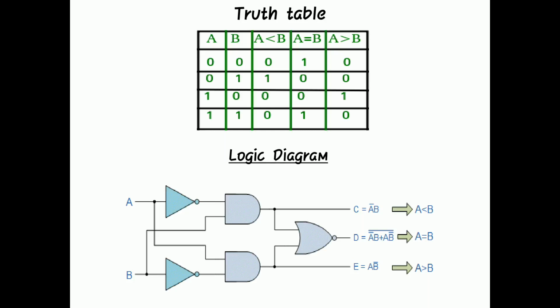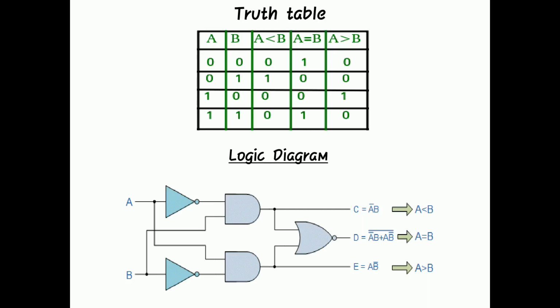So for convenience, consider the truth table again. Leave first A and B aside. A is less than B. Put a K-map for this: 0, 1, 0, 0. What result will you get? You will get A bar B. That is nothing but A less than B is A bar B, as we can see in the diagram.